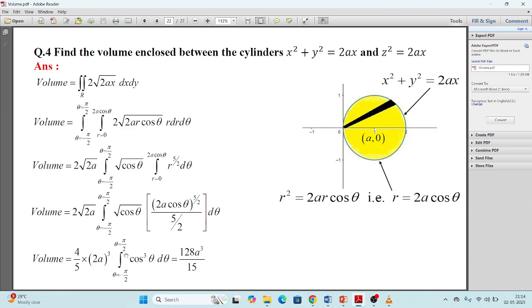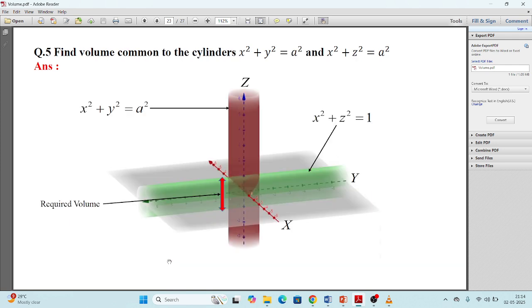How can you write this down? By observing the symmetry. Here the symmetry is coming, this is symmetrical about the x axis. So twice of 0 to pi by 2. You can multiply by 2 here, 0 to pi by 2, and then you can go with the beta function. Apply beta and you will get the integration.